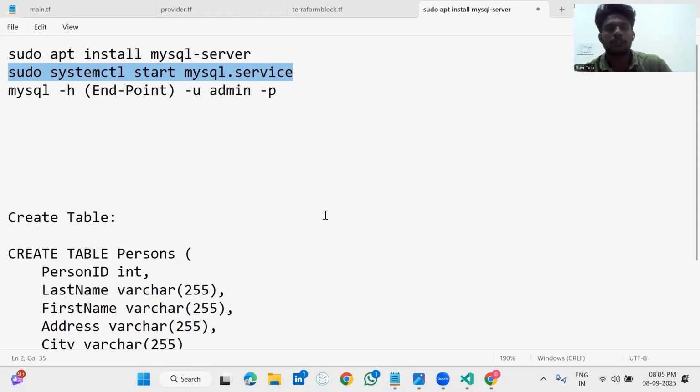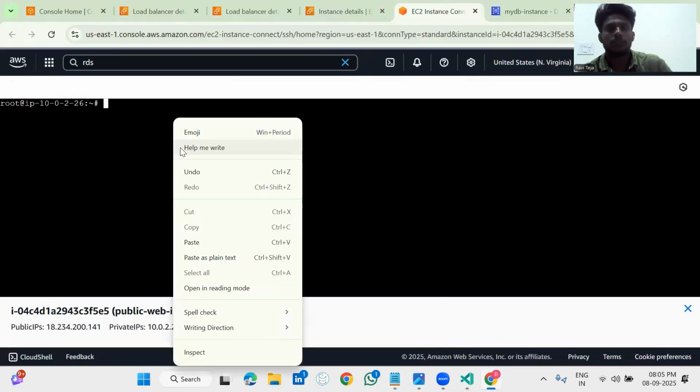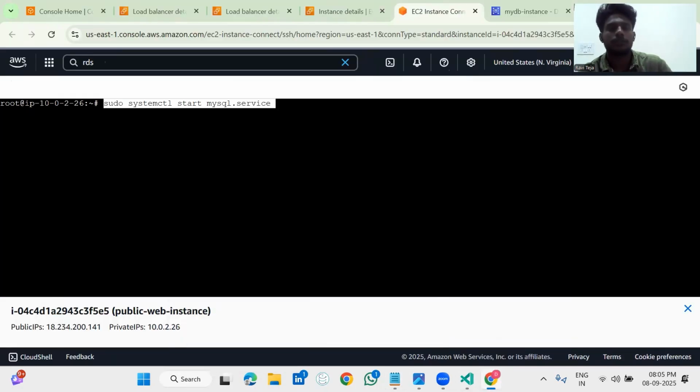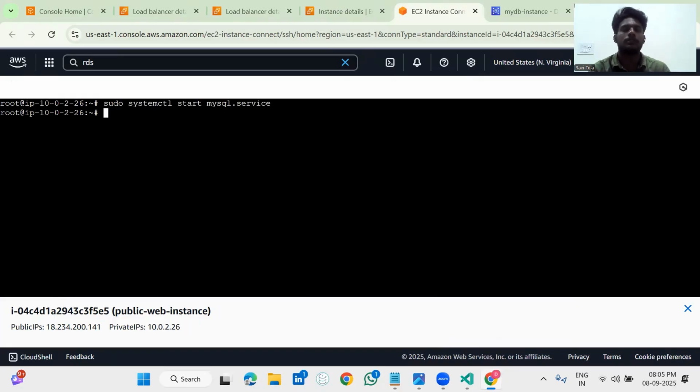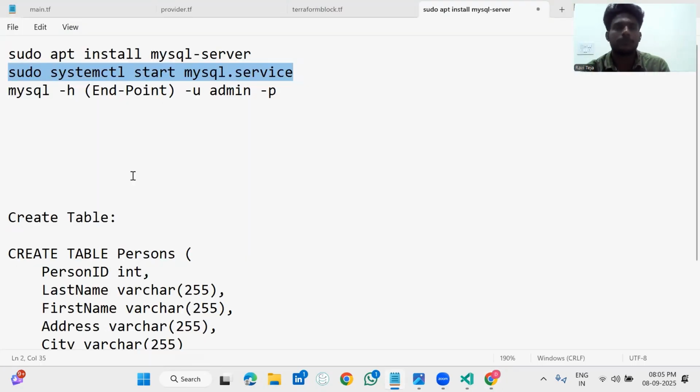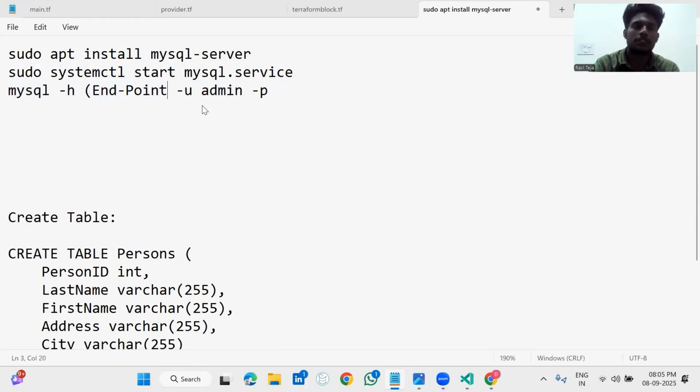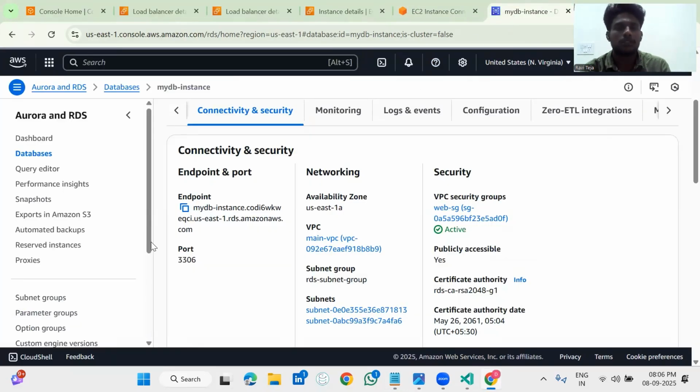Copy this and paste it here. Say enter. So it has started. Now, how can you connect your database to this particular MySQL? There is an endpoint you already know, because just now I have shown you. This is the endpoint. You have to copy this endpoint and